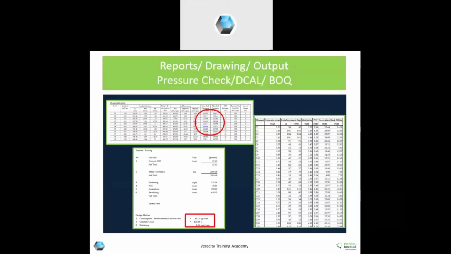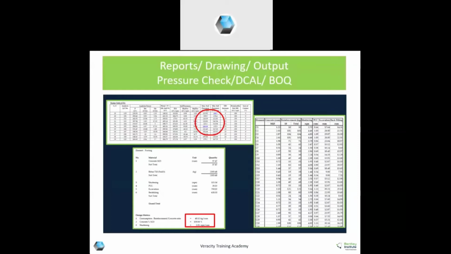Here also you are getting BOQ, where concrete, steel, as well as excavation and shuttering quantities are there. Also consumption, like steel to concrete ratio, kg per cubic meter. That is very much important nowadays to assess the total feasibility of the project.